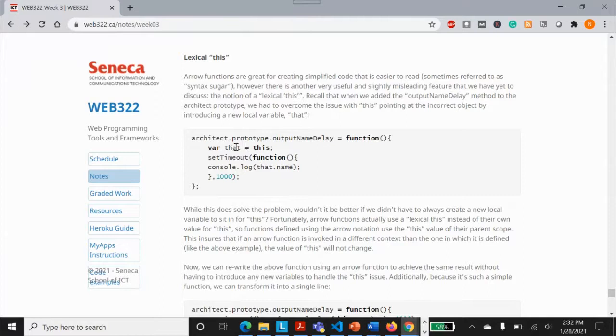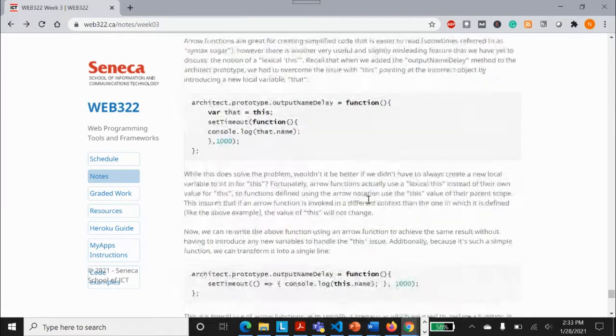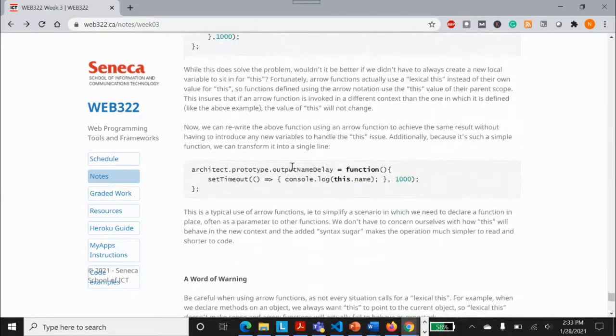You see that that is representing this, and this is where this function has been called, the prototype, and that function where it has been called. So take the reference of this inside that, and then inside that setTimeout, call that function. Why? Because semantically this was not recognized in that setTimeout. So what we usually do is store that in that. But again, that is also solved by our arrow function. Arrow functions lexically preserve this.